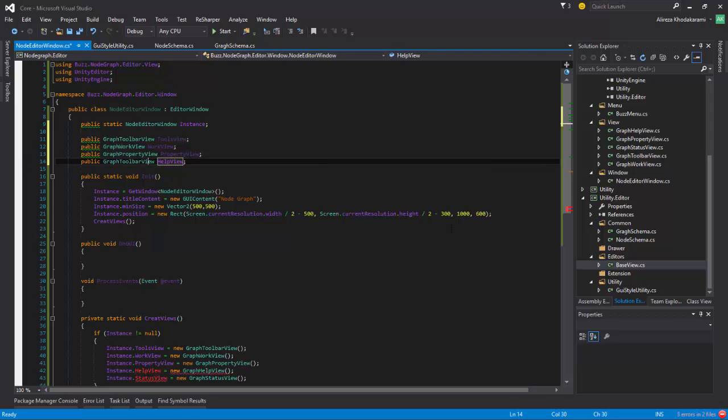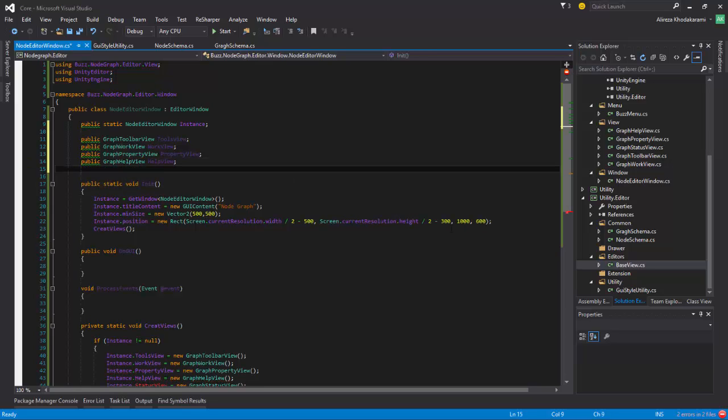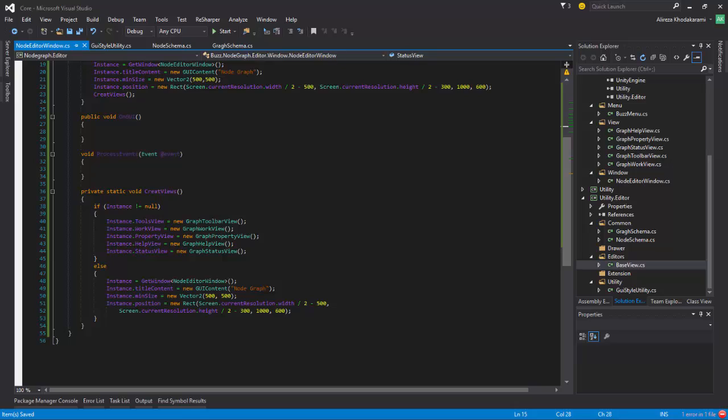Help view, status view for our status view. Okay, so